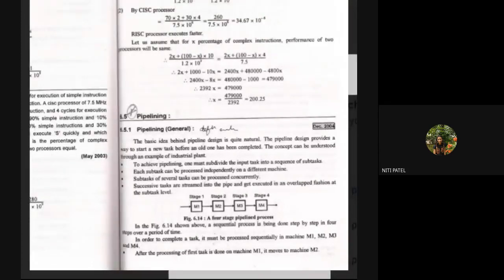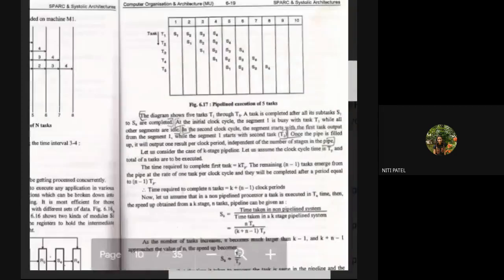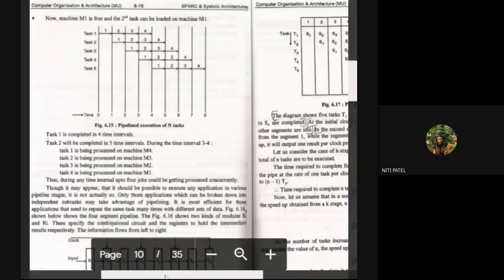But if I want, I can divide this entire task into 4 different tasks. Addition will be done by machine 1, subtraction by machine 2, multiplication by machine 3, and division by machine 4. But they will be operating in such a way that at the user end, it is assumed that only one system is executing and giving the output. What I have done is, I have connected those 4 systems and designed them in a pipeline form. Because of that pipeline infrastructure, the user assumes the output is coming from a single machine. Now, how this is done, we'll see in this diagram.